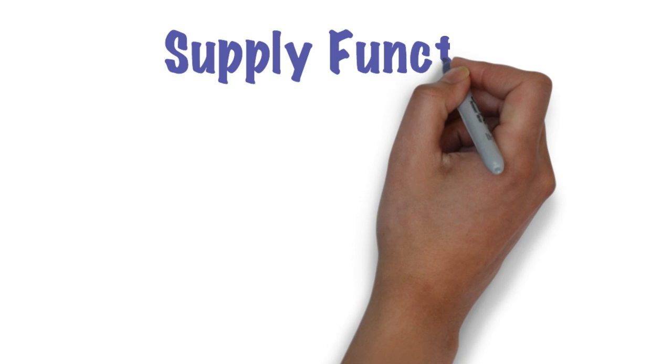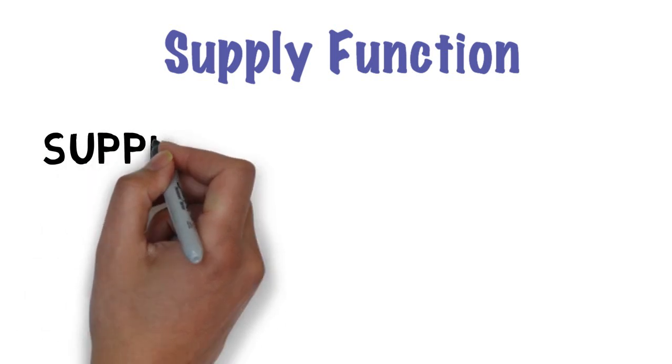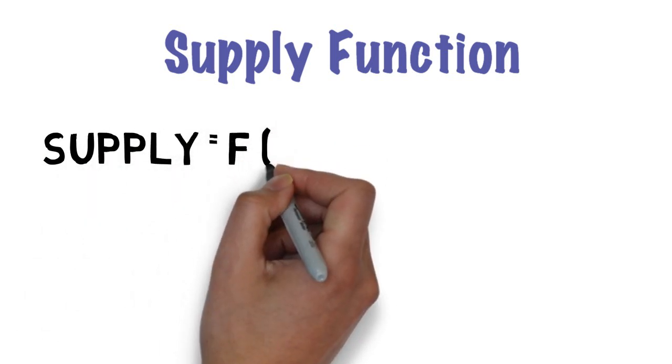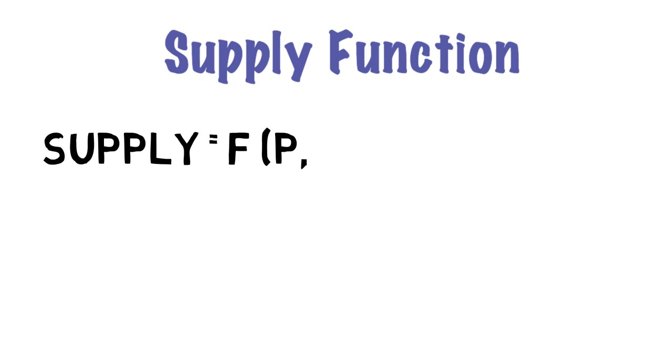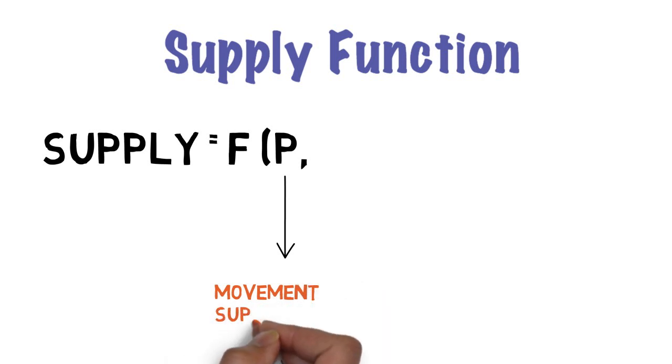What this all means is we can bring it together and denote a supply function. A supply function is just a brief way of summarizing this information. So supply in this case is a function of, or depends on, price, as we've already seen in previous videos. When the price goes up, the quantity supplied on the market increases, and that's called a movement along the